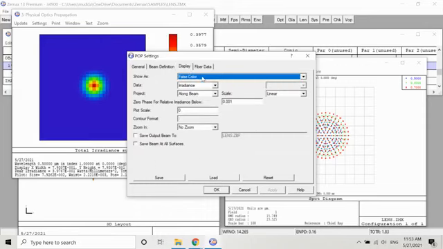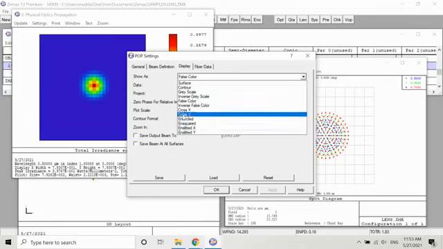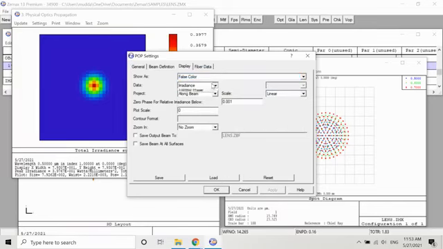For display, this is a false color. False color means you will get this colorful spot of this wavelength, and the surface means it will give you on the surface view only. And this is the grayscale. It will show you the spot diagram in the form of grayscale, and some other options are also available here. I am just taking a false color. This is the irradiance. If you want to check irradiance or X irradiance or phase, you can check it from here, simply just clicking on it.